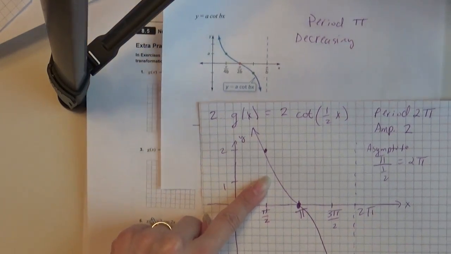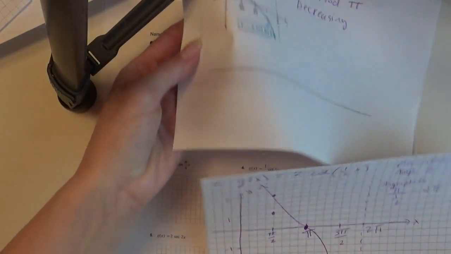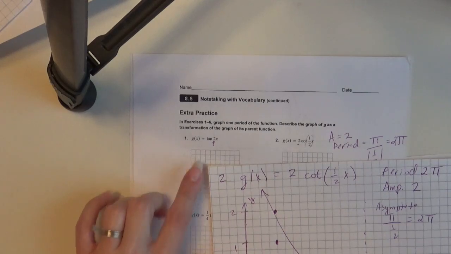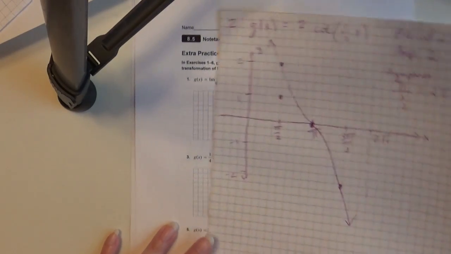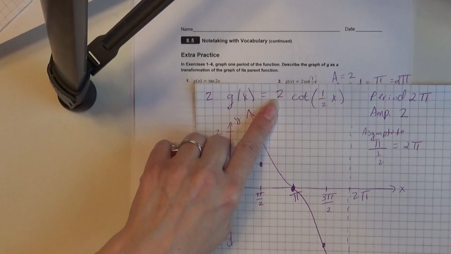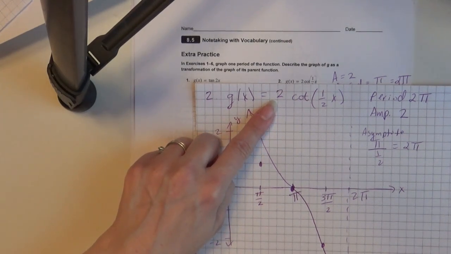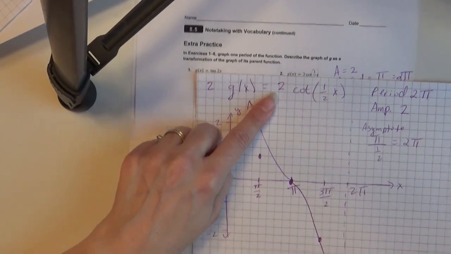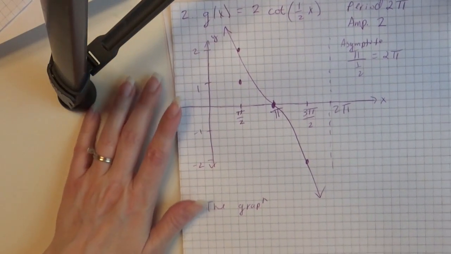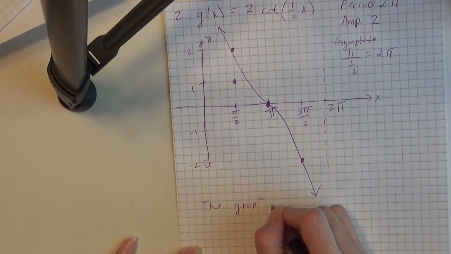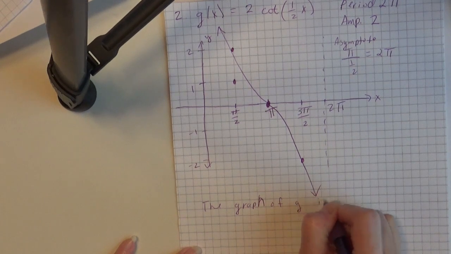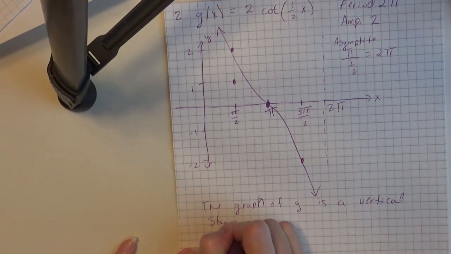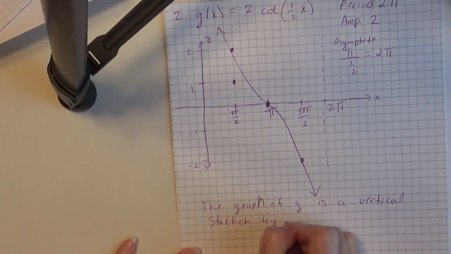And then they ask us, describe the graph of g as a transformation of the graph of its parent function. Okay, so if we look at the equation, that's giving us a vertical stretch. So the graph of g, I'm drawing my graph so big I don't have space to write. The graph of g is a vertical stretch by a factor of 2,